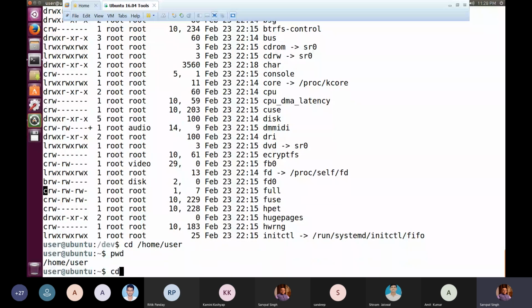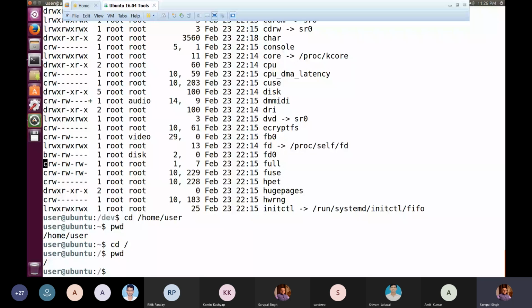And once again, if I show that we have gone to the root directory, and if I write pwd, I am at the root directory. So again, if somebody asks you to move back to your home directory, either you can use the previous command which I have already shown you, cd then /home/user, the complete path you have mentioned, or alternatively you can also write cd, and there is a variable which is holding the address of your home directory,